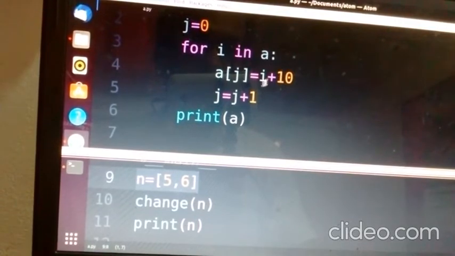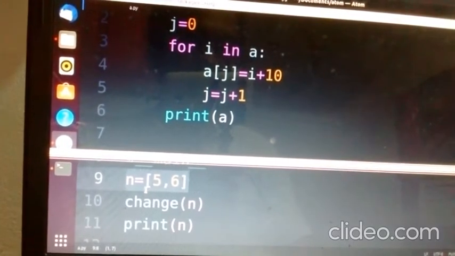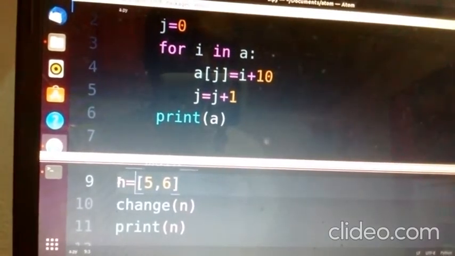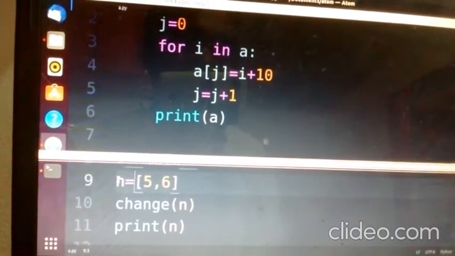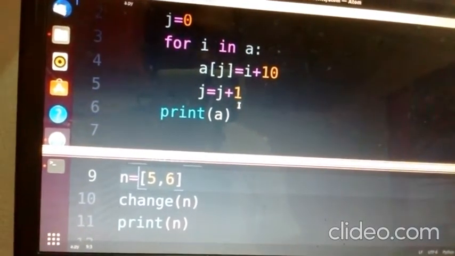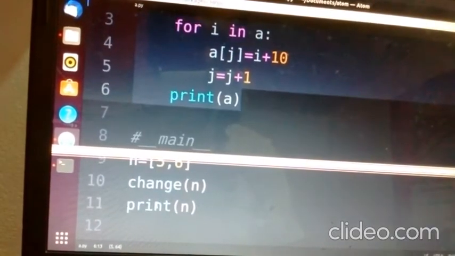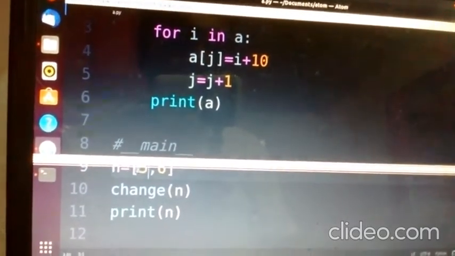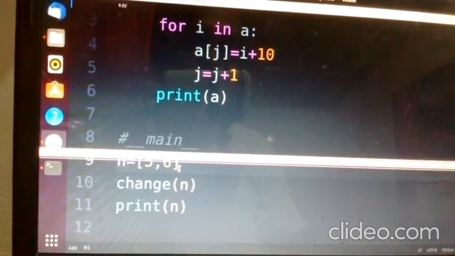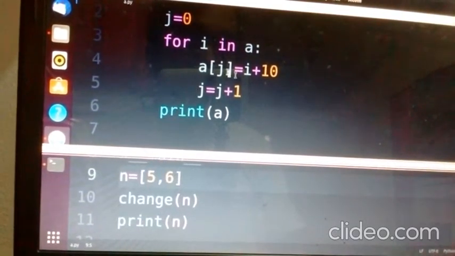If the data type of the passing argument is mutable, then if any changes are made inside the function, it will affect the original data. Mutable means we can change it. But if you pass an immutable object like a string, numbers, or tuples, then it will not affect the original.